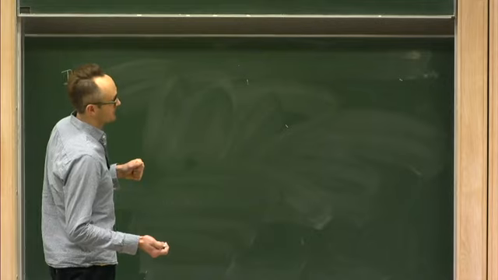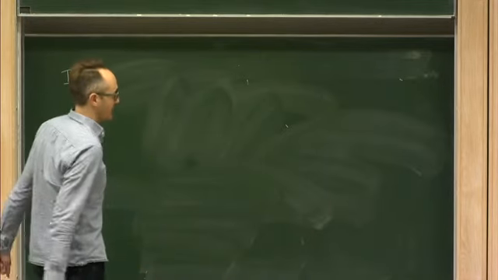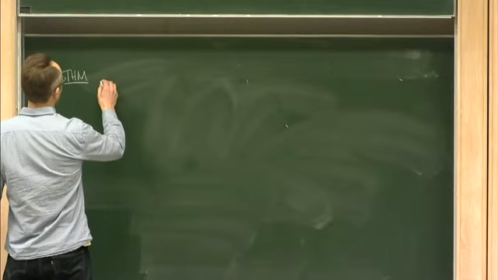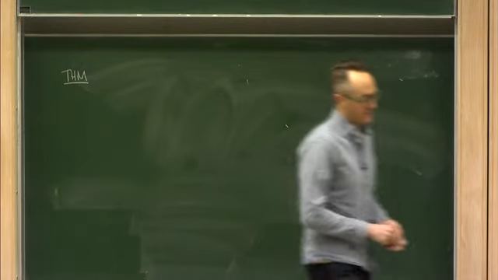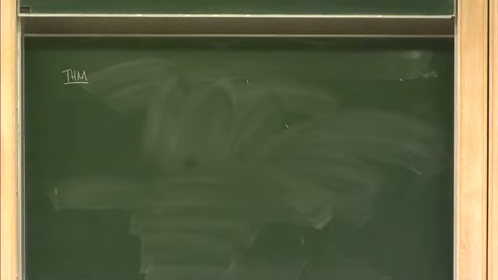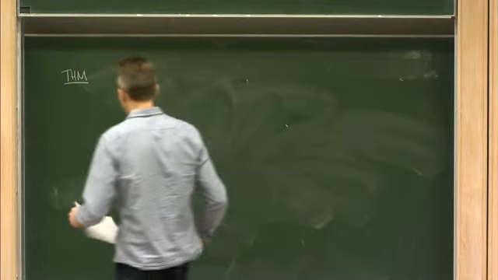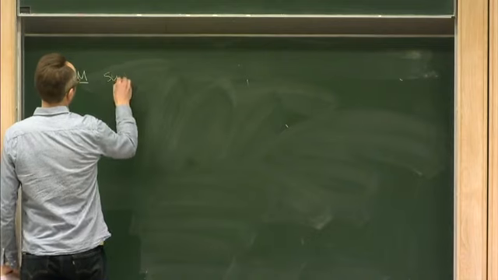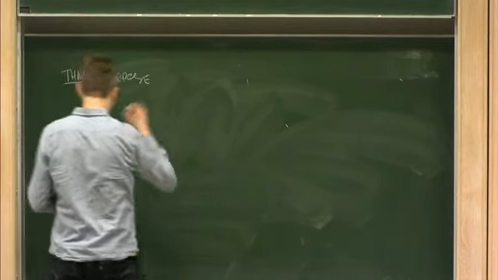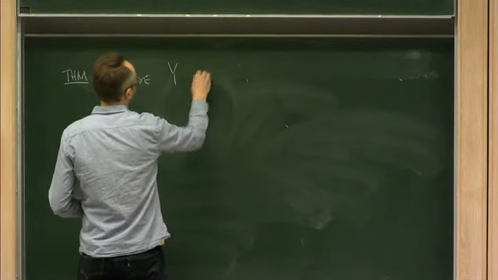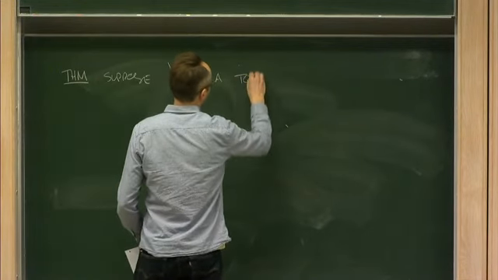You can just start to construct examples. Maybe I won't say very much about this. But so if you suppose Y is a toroidal